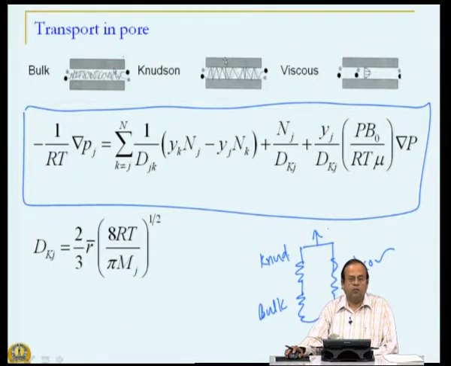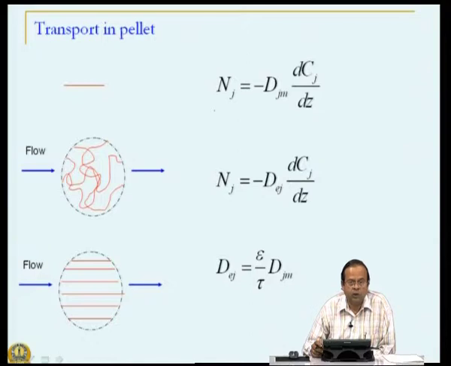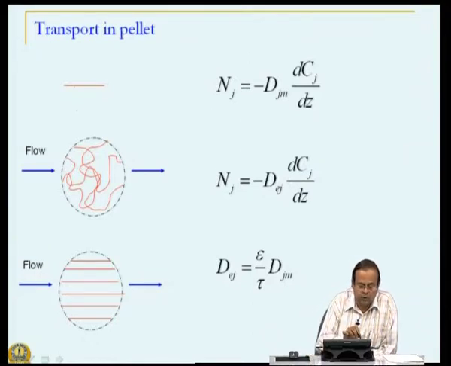This is not the end of the story, because as you can see here, we have represented this catalyst as a single pore, but catalyst of course is not a single pore. Catalyst actually is a combination of different sizes of pores, different orientations of pores, and so on. So, if we once again revisit the diffusion phenomena, this is how diffusion is influenced when you consider transport in the pellet. For example, if you just consider bulk motion,